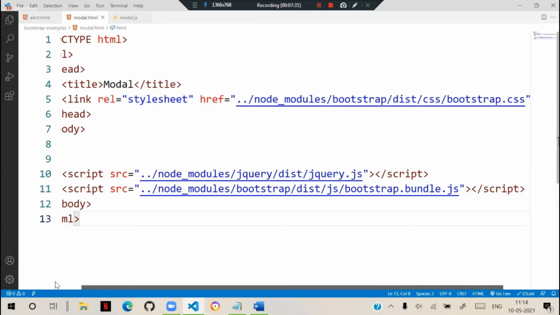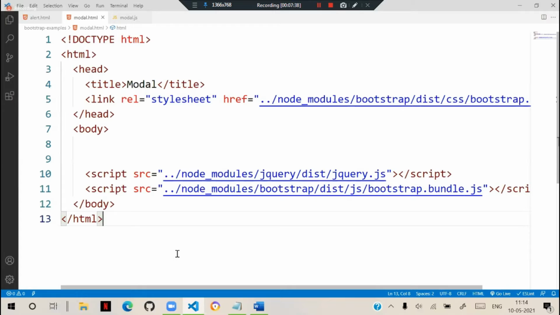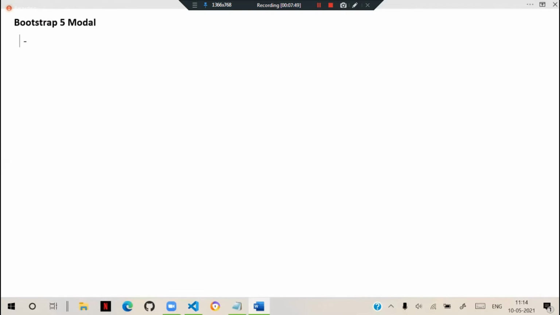So in the Bootstrap 5 version onwards, you need to make sure that you are doing this, right? Now, how to design the modal? What are the classes for the modal? So generally, Bootstrap 5 modal. Here one option is, always keep all your jQuery files in the body section, at the end of the body.